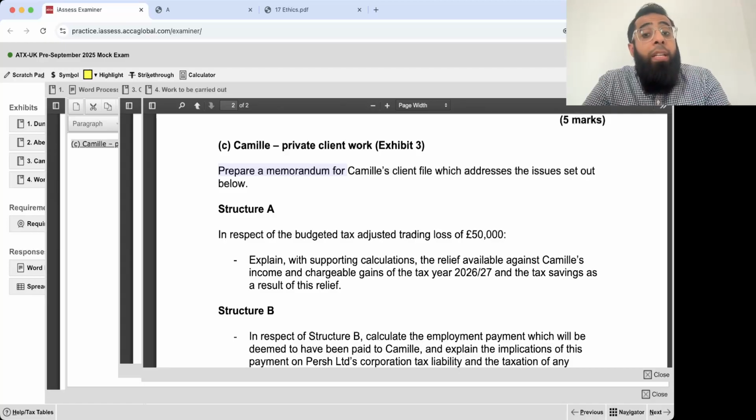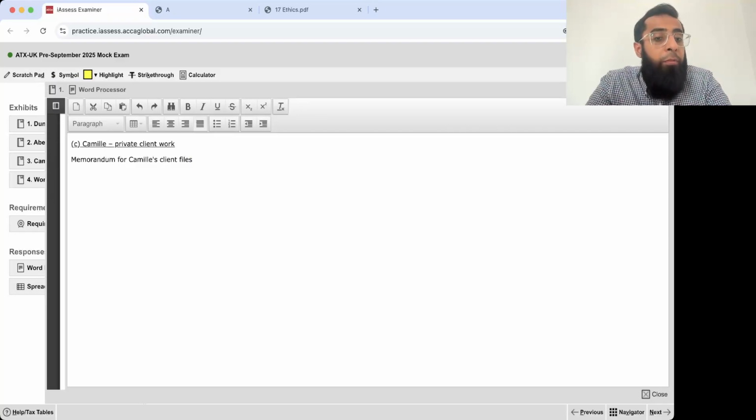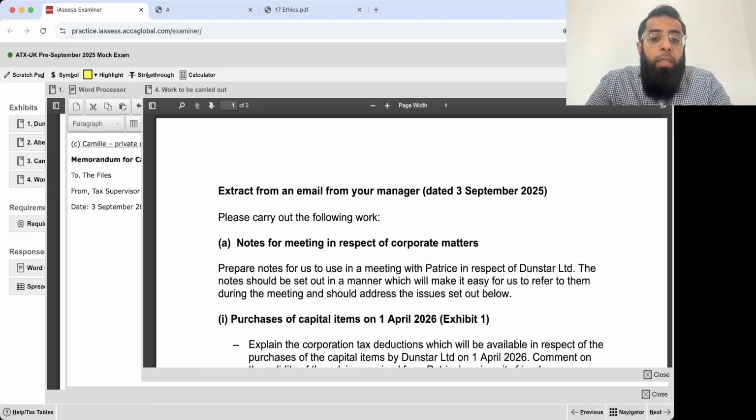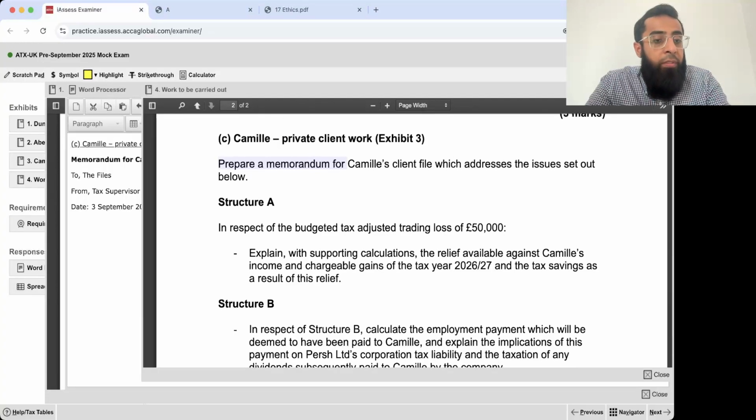Prepare a memorandum for Camille's client file. Okay, so we are preparing a memorandum for Camille's client files, to the files from the tax supervisor. The date is the same, 3rd September 2025. If you remember, the date was written at the start of the email. Now the client is Camille, and the subject is